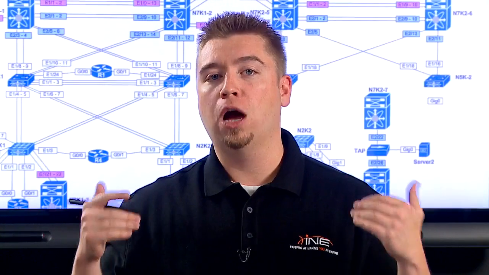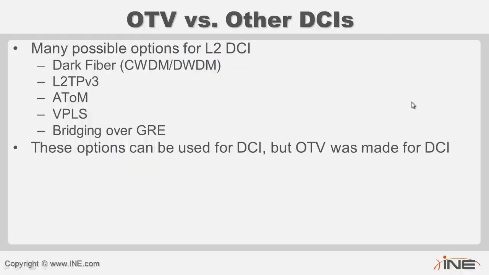So really, at the end of the day, all of these tunneling techniques or the different types of data center interconnect are solving the same problem, where we're trying to get the two data centers to look like they're on the same LAN. Now, again, as I mentioned, the specific application OTV is designed for is the data center interconnect. You technically can use it for whatever application you want. If you're buying layer 3 service from a layer 3 MPLS VPN or maybe just regular layer 3 internet routing, you could configure OTV on top of that, and that's going to allow you to tunnel your layer 2 traffic between your sites. But some of the things specifically for the DCI that OTV is going to build in for us,